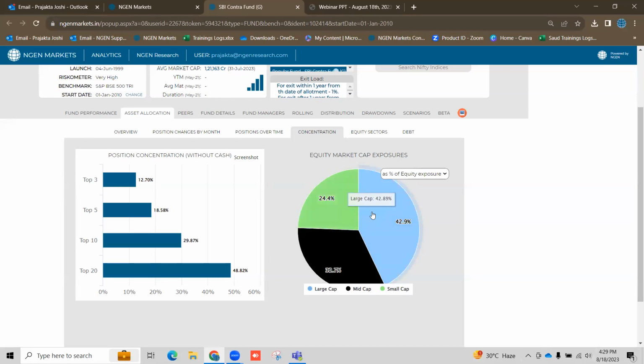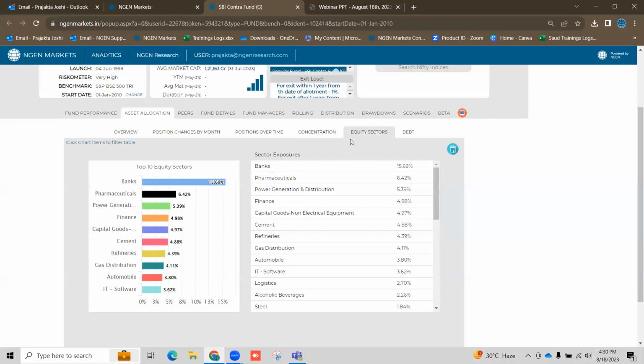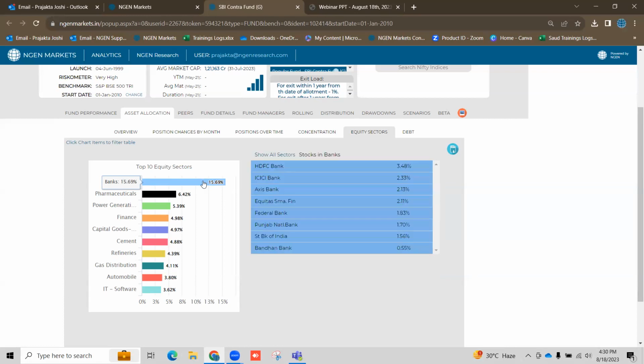How is this split coming from? Similarly to what we saw here in detail, we have the underlying equity sector-wise exposure in terms of percentage here as well. This is just a quick overview. In banks as a sector, this particular fund holds the highest, 15.69%. And what are the underlying stocks in banks as a sector? Just click on this bar graph and you will know the split of this 15.69% is like this: